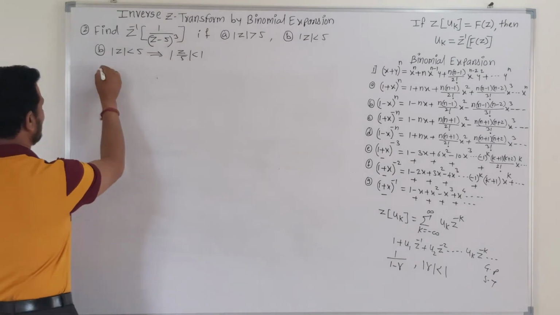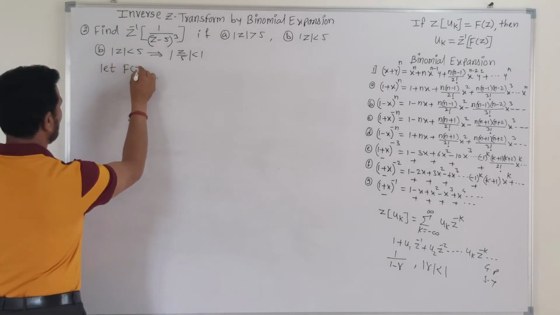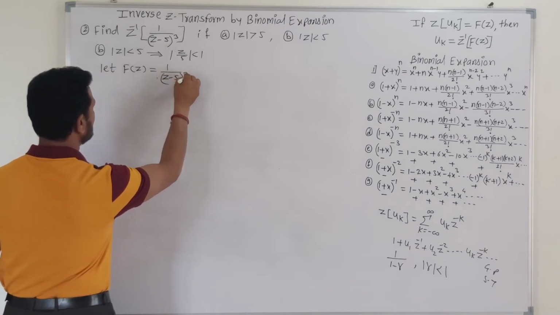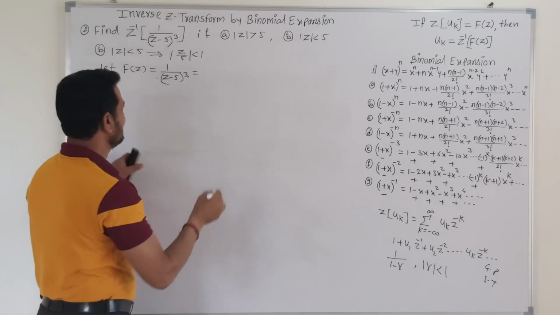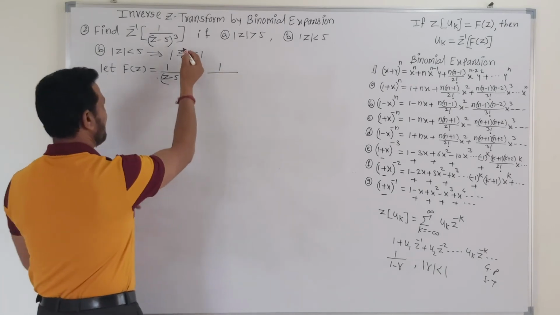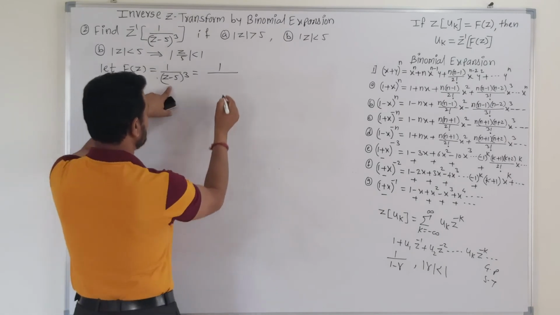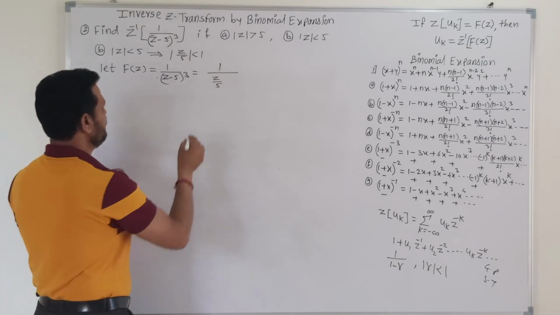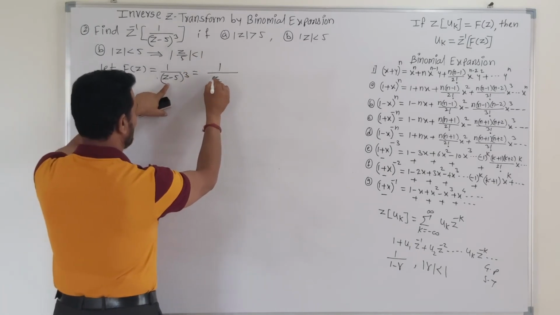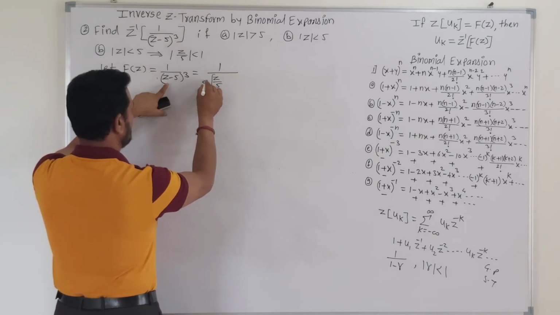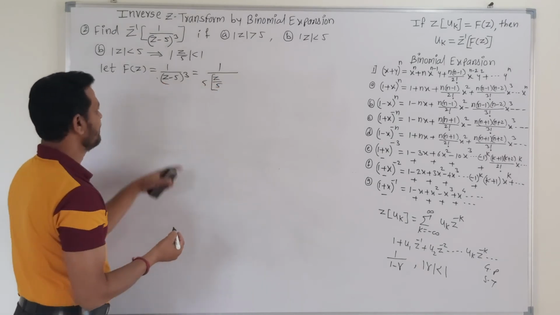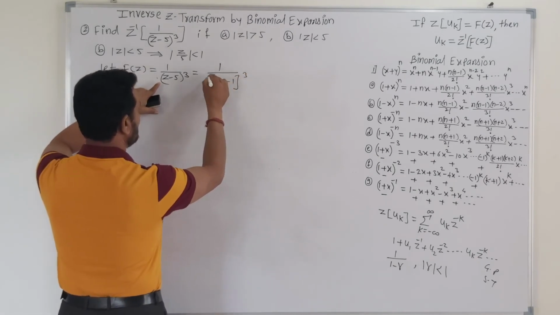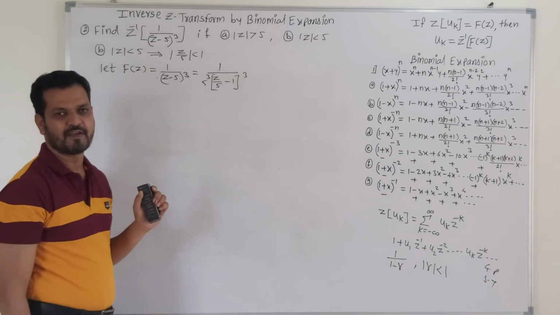Now friends, let's denote the given function f as f of z, which is 1 upon z minus 5 its cube, so that we can write this as 1 upon, so now here value of r is z upon 5. That means in denominator we require this as z upon 5 term. So value of r is z upon 5. So then z upon 5 is the first term, and this is possible when we take the term 5 common from denominator. So then 5 into z upon 5 minus 1 its cube. So here also we get the value of power of 5 as 3.